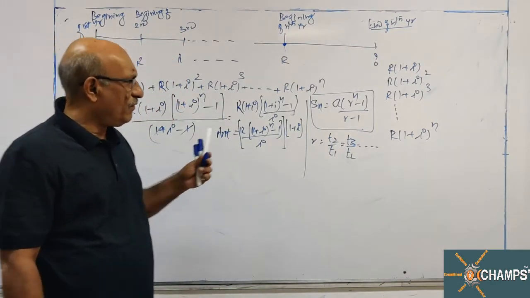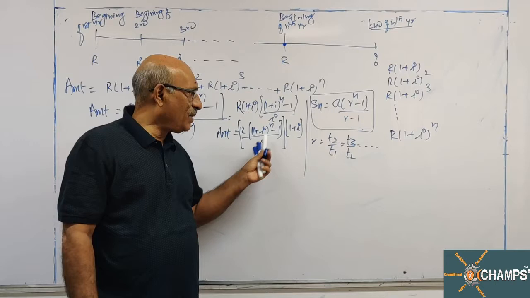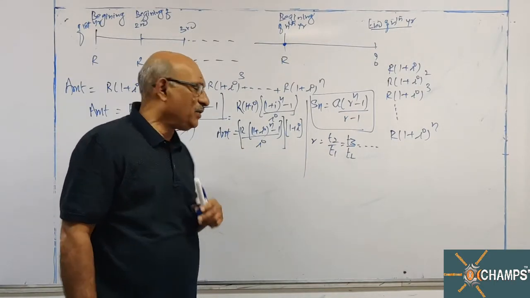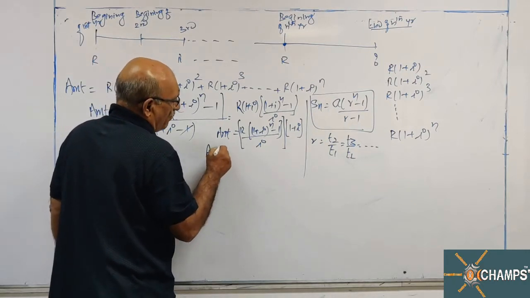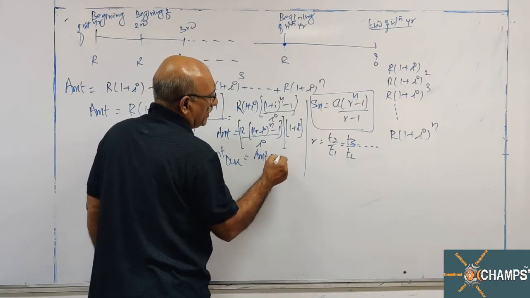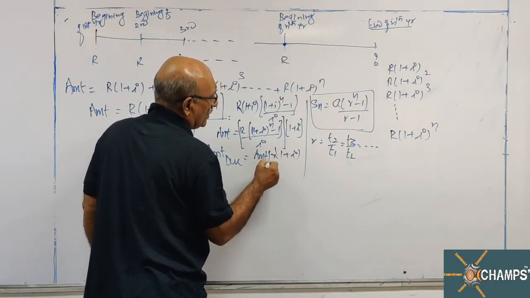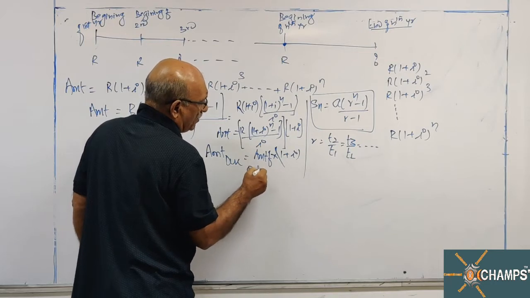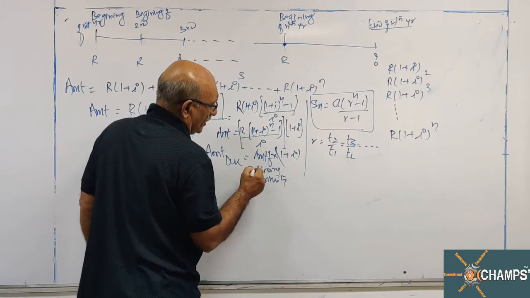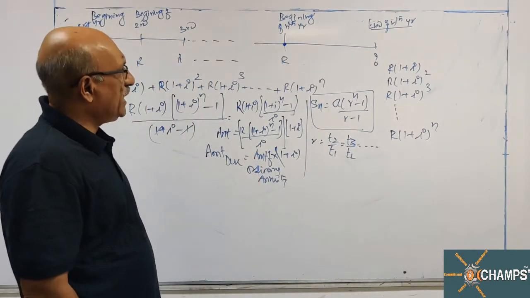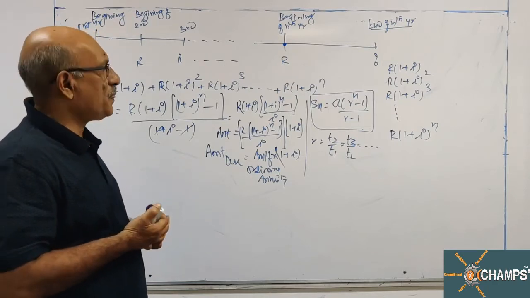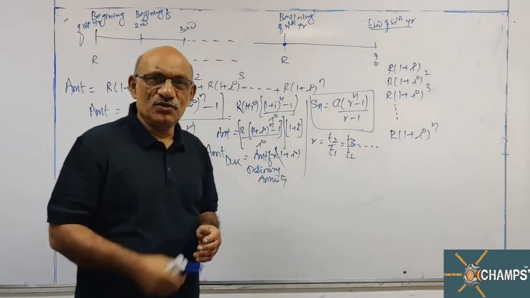So the formula of amount of ordinary annuity, when multiplied with 1 plus I, is converted into the formula for annuity due. So amount for due is equal to amount of ordinary annuity into (1 plus I). That is the formula for amount due. Okay. Let me explain this point one more time.